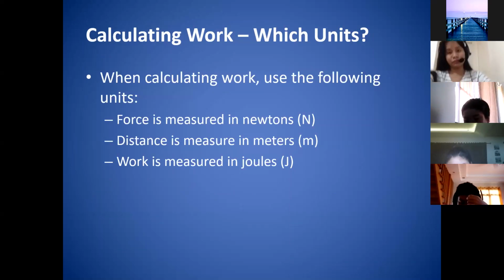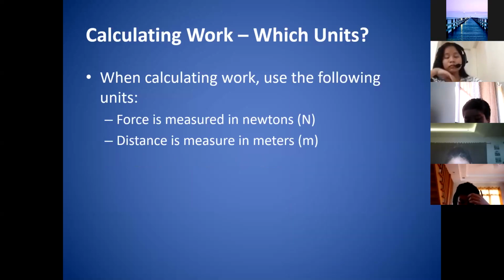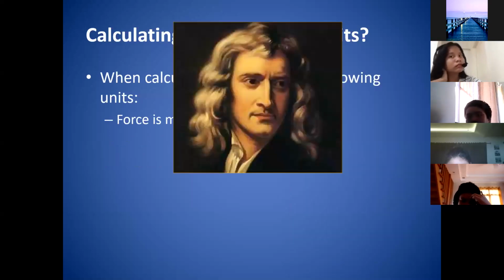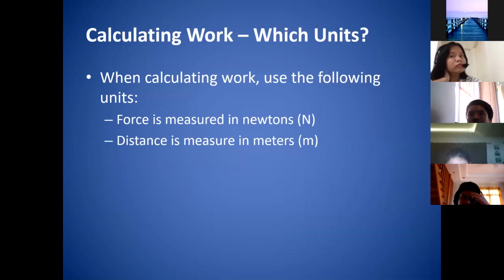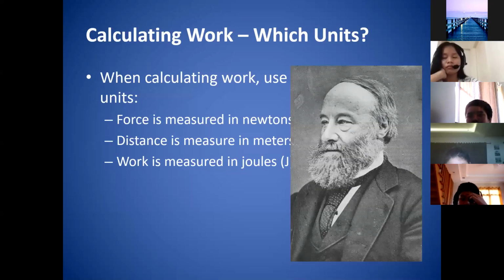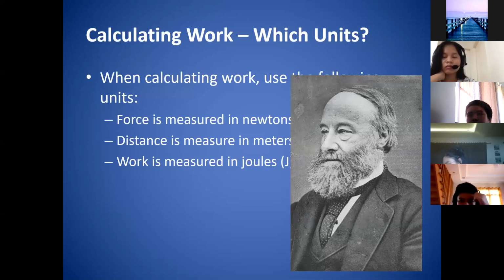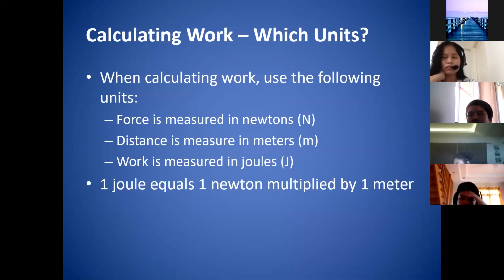That is actually the person who proposed the unit joule. I forgot the name. A while ago, I said Isaac Newton, but let me search the internet. What's the name of this one? By the way, 1 joule is equal to 1 Newton per 1 meter, or 1 Newton meter, class. So there's a conversion here: 1 joule equals 1 Newton multiplied by 1 meter.